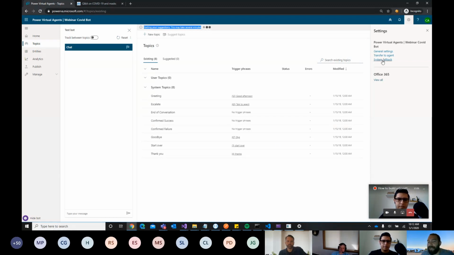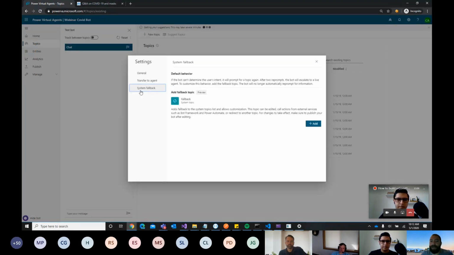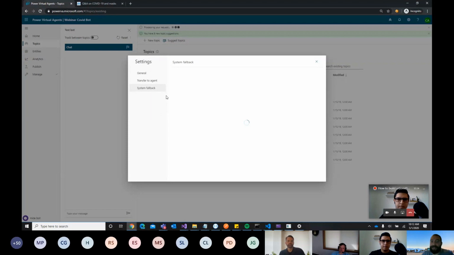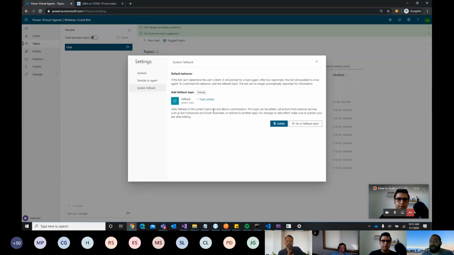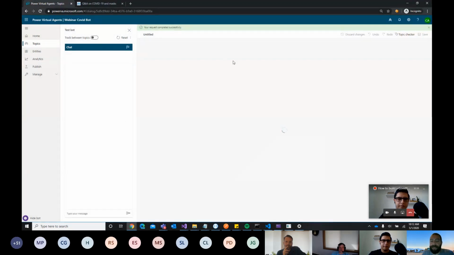So we added a nice preview system in our PVA called a fallback topic. What that means is, once the bot does not understand what the query was, it will trigger the fallback topic, and the user can do whatever they want in it. The user, I mean, is the person who is building this bot. So if you go to the fallback topic here,